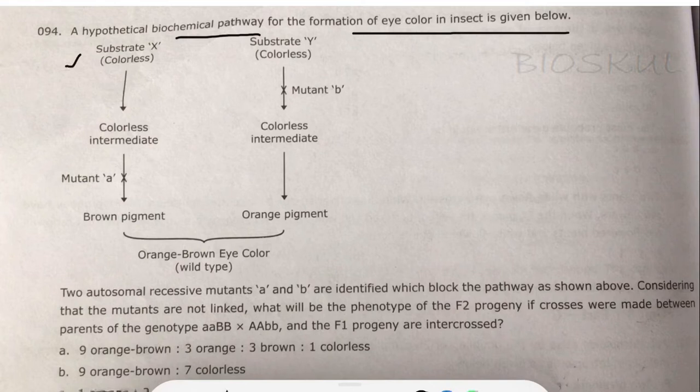Substrate X is colorless and is converted into a colorless intermediate. Then this colorless intermediate is converted into a brown pigment. But if there is the presence of mutant allele a, small a, then it cannot convert the colorless intermediate into the brown product. Similarly here, a substrate Y is present, which is colorless, and